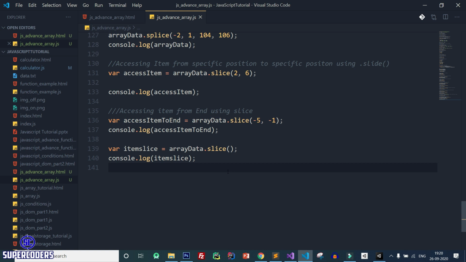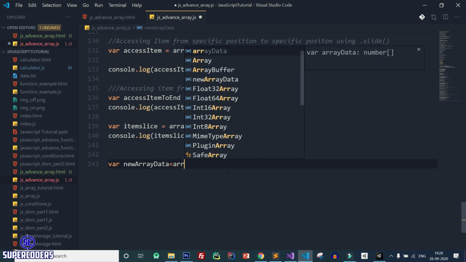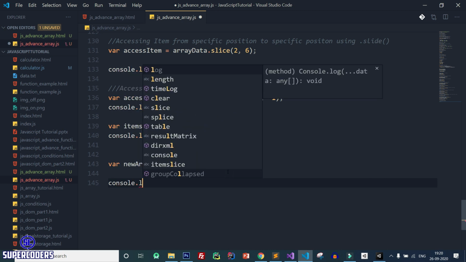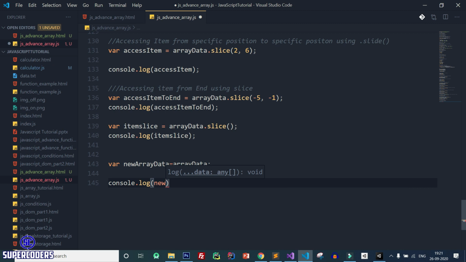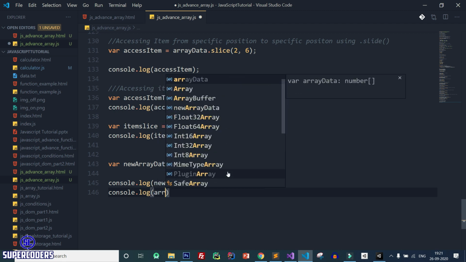So here, let's see an example where new array data equals array data, and print it. So console.log new array data and also console.log array data.